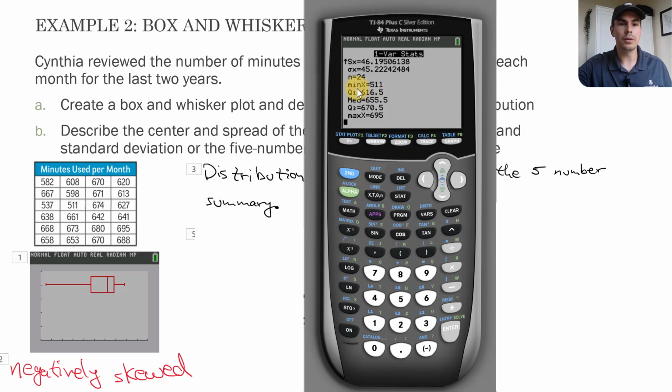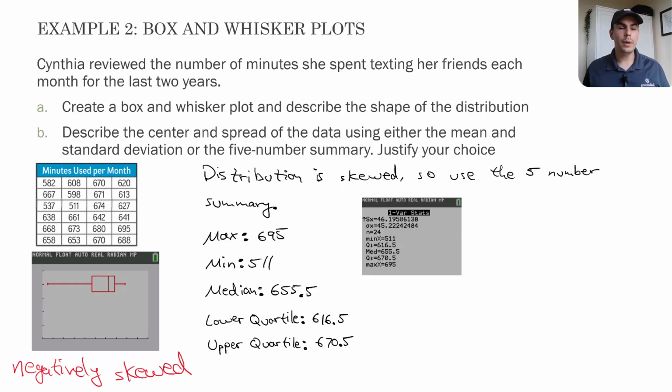I've got my minimum, my Q1, my median, my Q3, and my max value. All right, so those right there, those last 5 options, that is my 5-number summary. So you can go ahead and just pull those straight from your calculator. Okay, so now that we have all of the data that we need for our 5-number summary, we can go